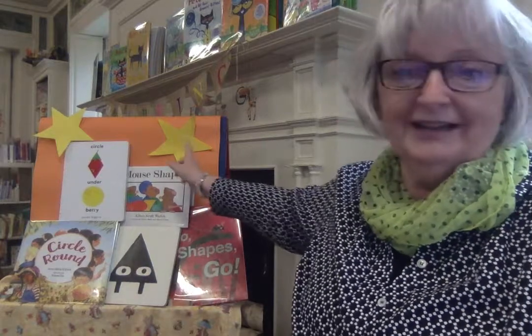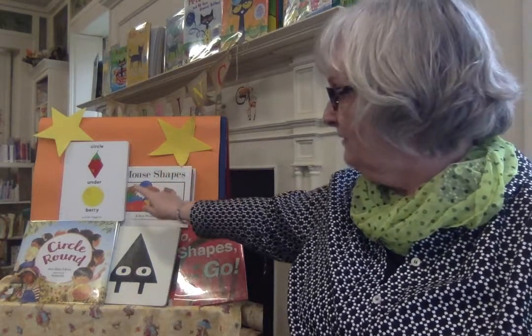Along with a couple of read-alouds about the topic shapes, and shapes in literacy, and how they inform our practice of reading and writing and mathematics. I think it's just everywhere. When you know your shapes and recognize them, it can promote all kinds of wonderful learning in all areas of learning. So I have a little display back here, and you can see I have stars, I have a book